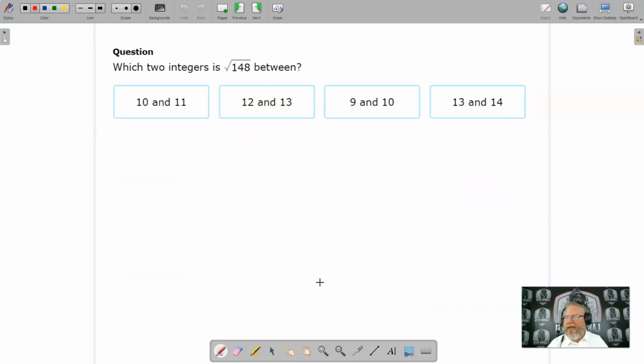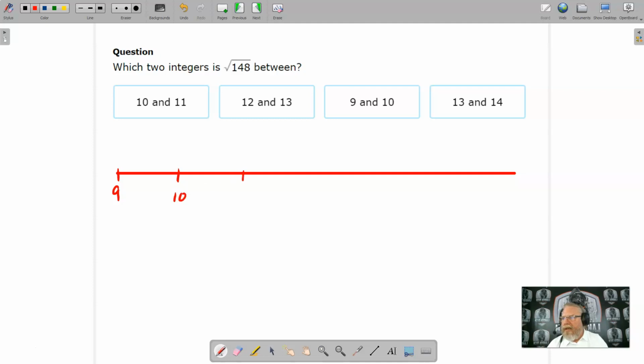Only this time we're on the positive side. Maybe we should have done the positive side one first. So we got a number line, and our lowest value is 9. Our greatest value is 14. So let's go ahead and do that. This is 9, 10, 11,